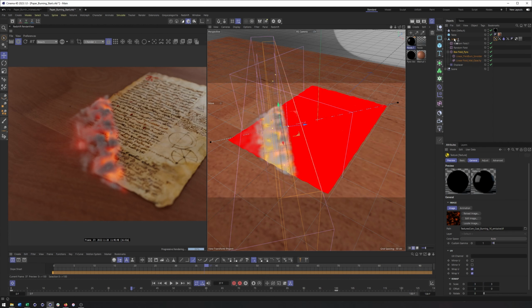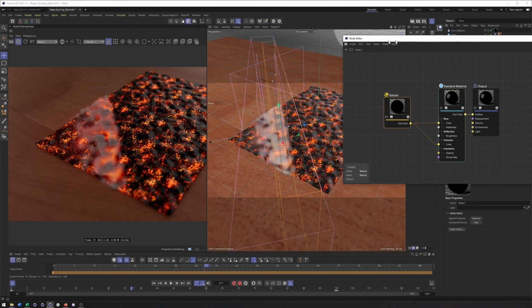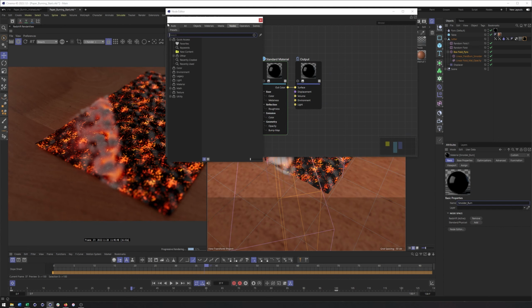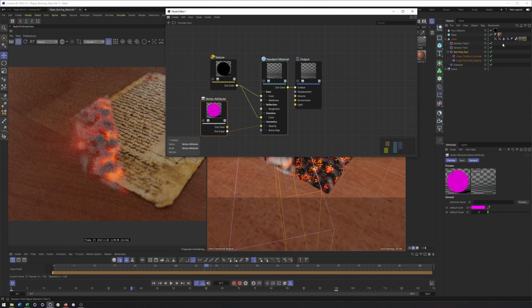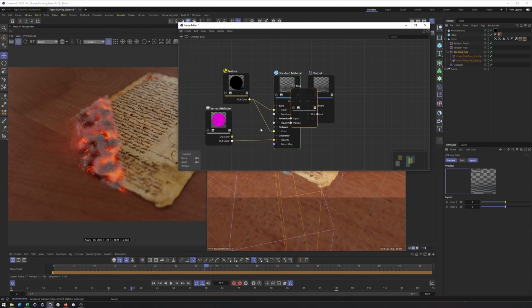What I can do now is apply this material, and that's what we have, but we want to constrict it to just kind of the areas that is burning and right after it. So back in here, and I should have named this material. So let's do that. We'll call this smolder burn. Take our vertex attribute node in opacity, and we're going to add that last vertex map to it. And we can see now, really should have also added a multiply